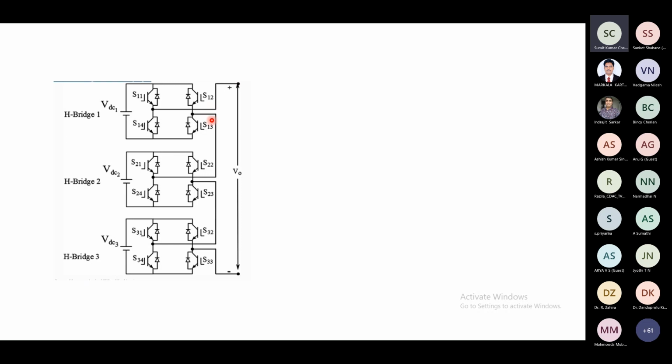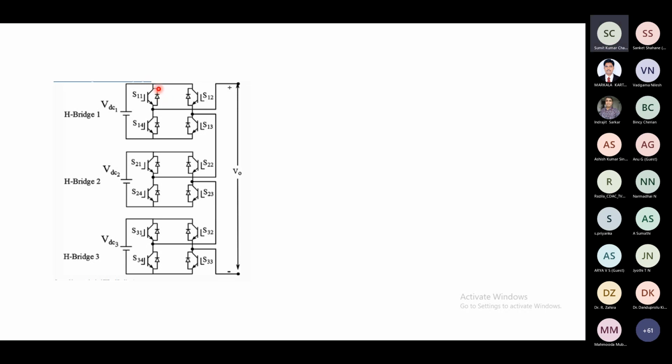Had the direction of current been known to you, then yes, as someone said, it is okay to turn on any one of the switches. That's enough. But current direction is not known here, or even if it is known, we do not want to make the switching dependent on the direction of current. That will need a feedback loop then. We want to make it independent. So yes, this option of both upper or both lower is taken, and that's applicable to all these 3 bridges.